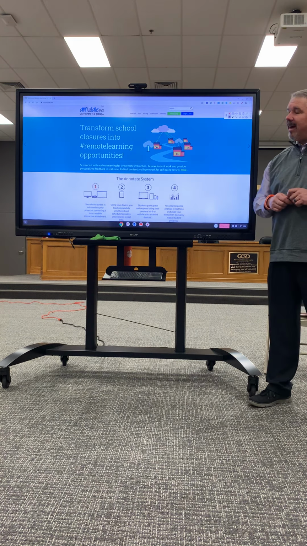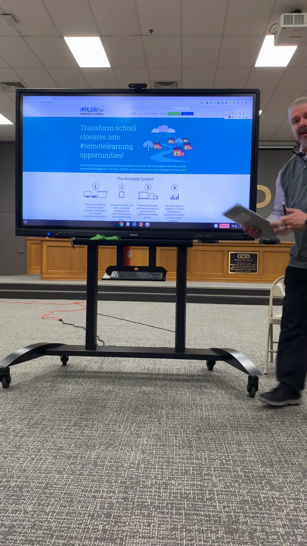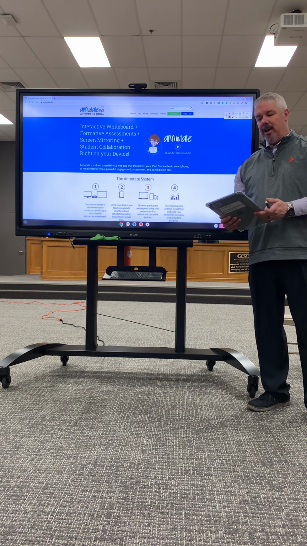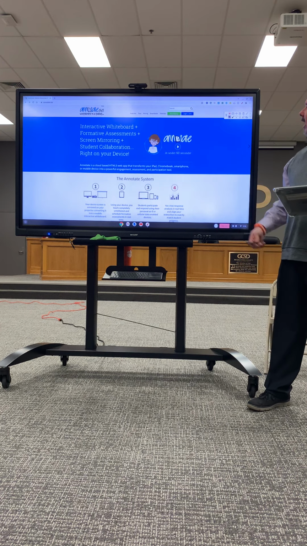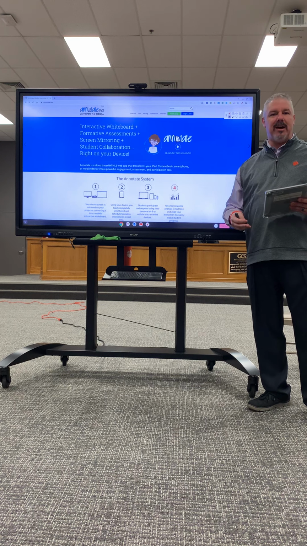Here we're going to show you how to cast from your mobile device. I've got an iPad here. It'll work with an iPad, it'll work with any kind of tablet that you may have. We've already discussed in Annotate how you can use Annotate for writing over websites or PDFs, annotating on